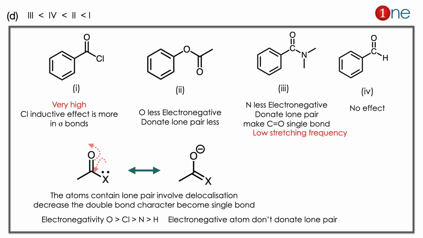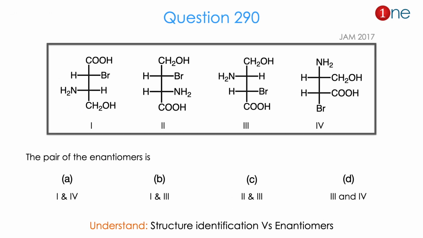If you look at the lone pair of electrons, it can be easily donated to the carbonyl. So what really happens is weakening of the CO bond. So it will be the least one. Then obviously the second will come. So you have to see the order will be 3, 4, 2 and 1. The concept you have to learn here is that chlorine in a sigma bond always behaves inductively, and the least electronegative atom weakens the double bond of the carbonyl.